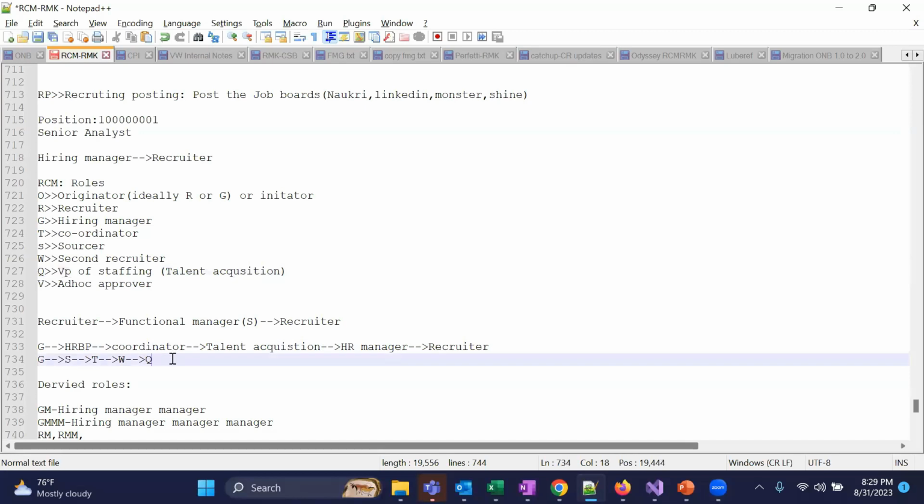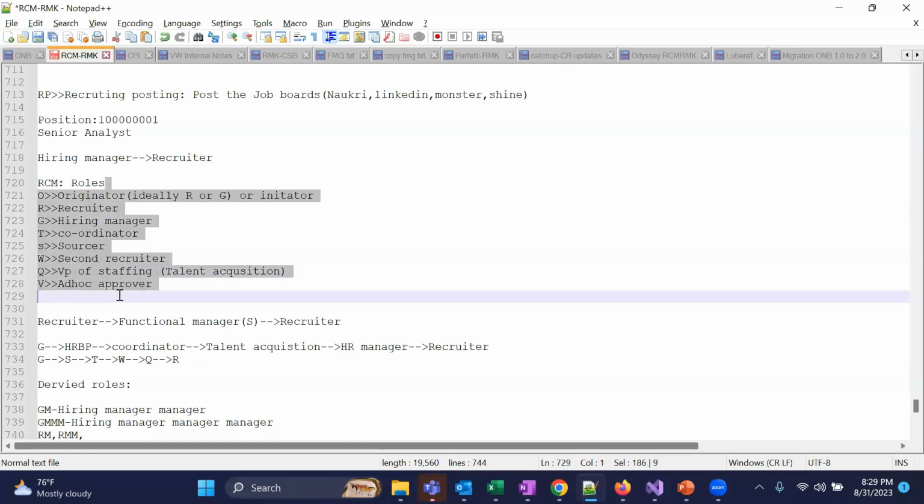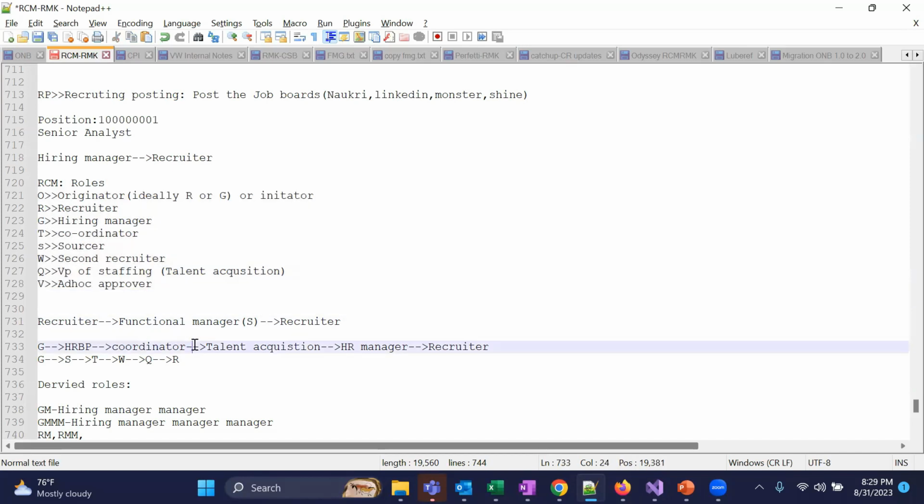And then finally, the recruiter R role you can use. So like this only, you have to relabel something and achieve the requirement. These are the pretty standard roles, but according to your client requirement and your client approval flow, it might differ. So if they're telling you now, I have used all the roles, okay, there is one more